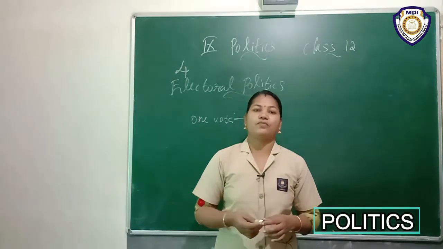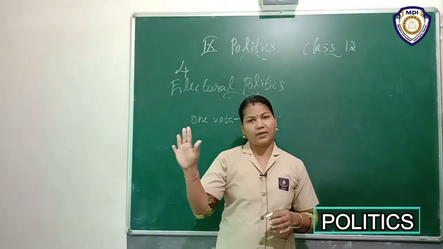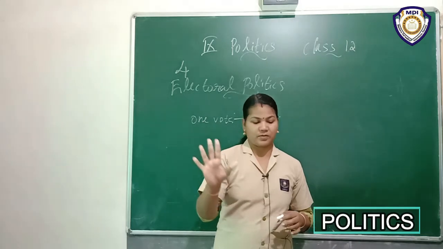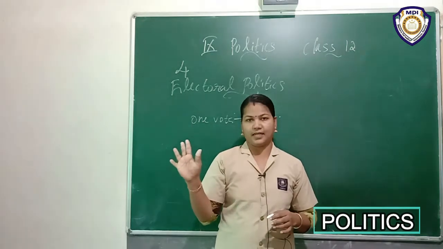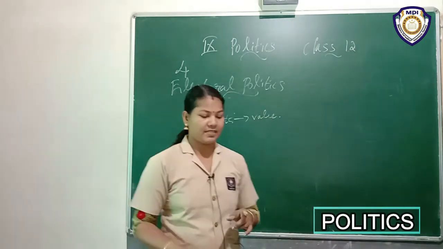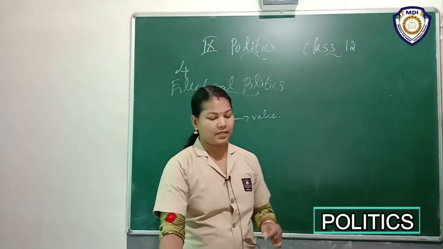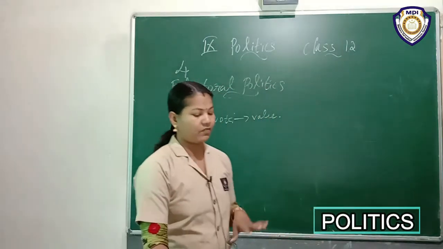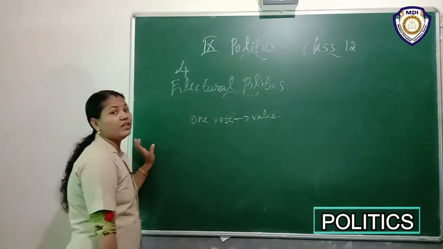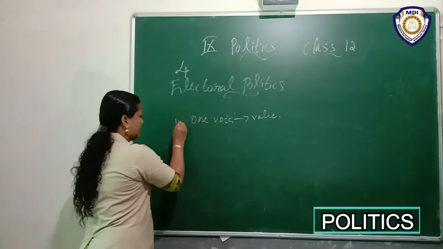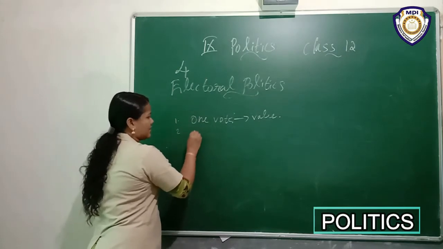On the basis of what we discussed here, there are 5 points. Okay, what is the speciality of the democratic election? The first one: everyone should be able to choose. That means everyone should have one vote, and every vote has equal value. It is the first one. Then the second one here is